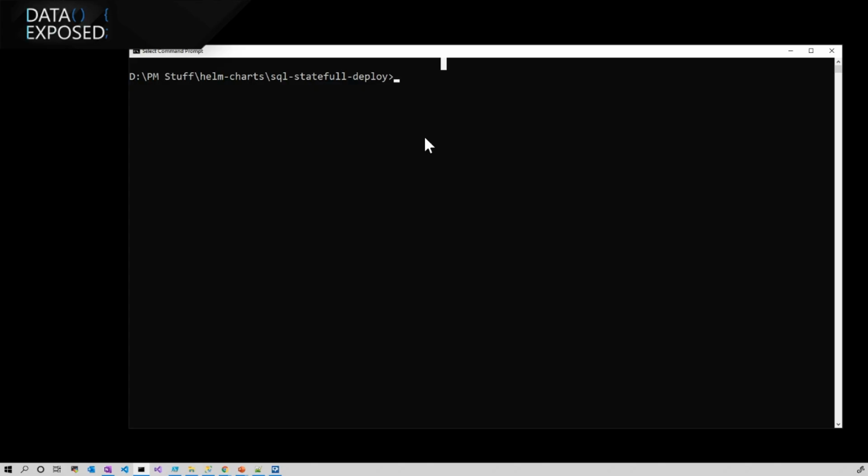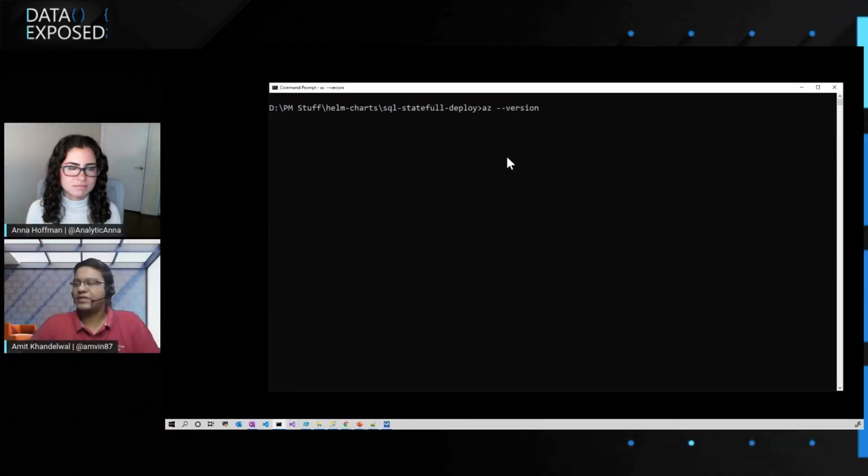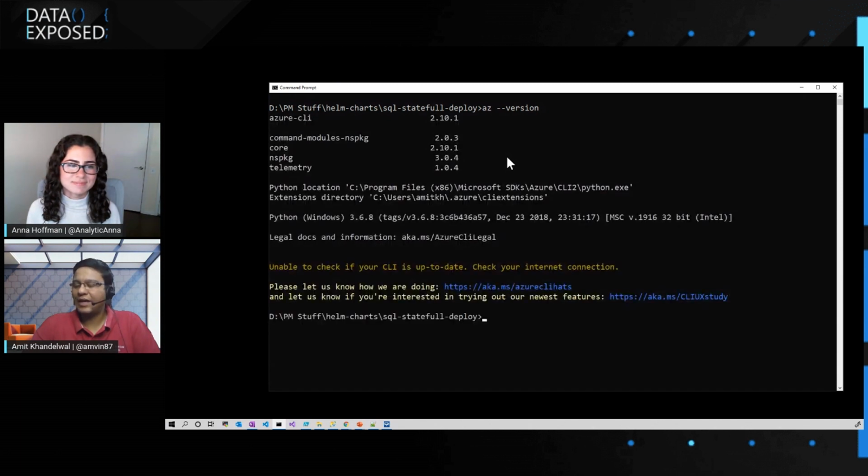Okay, so we've switched to my Windows machine, and as I said, the first thing we look at is whether we've got the AZ CLI installed. I can quickly check that using az version, and this should print out the version of the AZ CLI that I have. And once it prints out the version, which it should, okay, there you go. So it means that I have AZ CLI already installed.